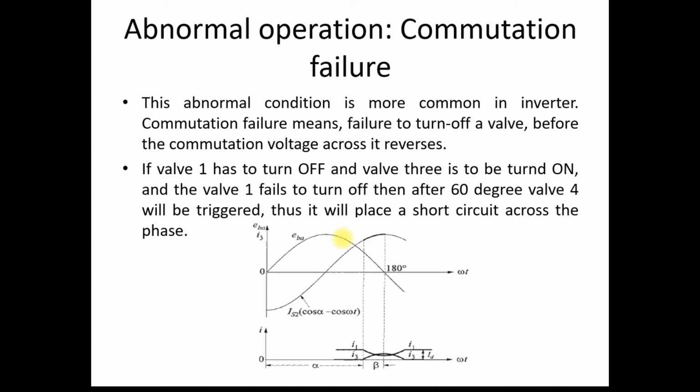Clear? So to avoid this type of abnormal condition, you provide the transformer with a high withstand capacity of insulation, and you provide the thyristor which has a high current carrying capacity. So again, to remove this commutation failure or abnormal conditions in the inverter operation, you require a high cost converter transformer as well as converter valve.